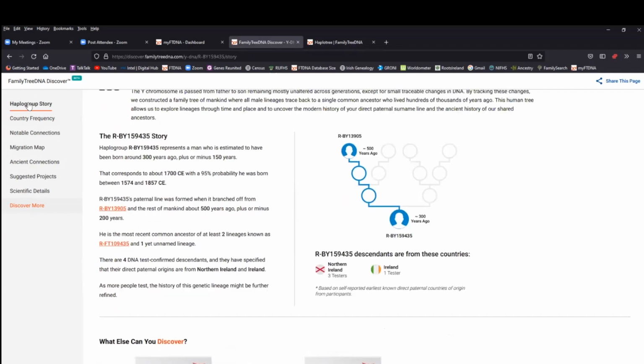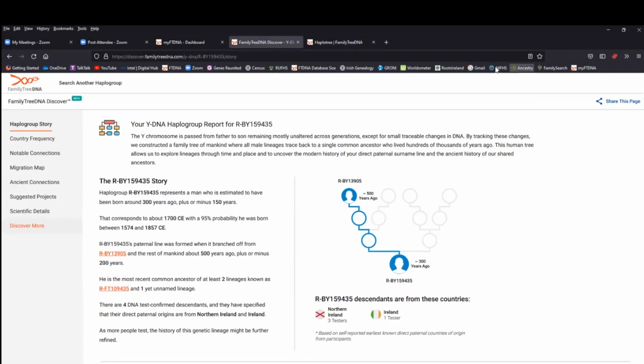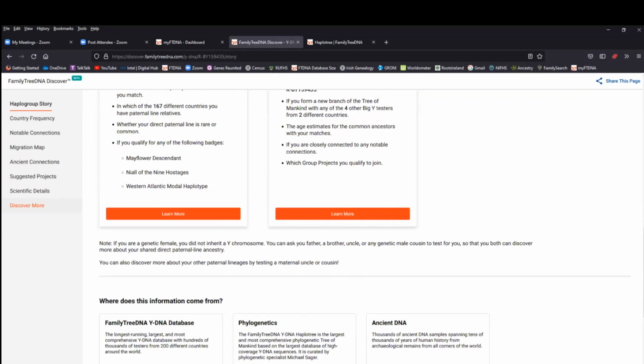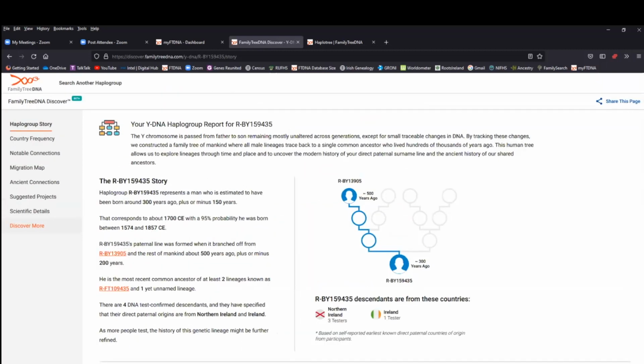But if we just go back to the beginning, now I think I have to go, what do I do? There was a place to do this. I think you can also share this page. It's up in the top right there. If you want to share this page, and you can put that, say, onto Facebook or something and let people